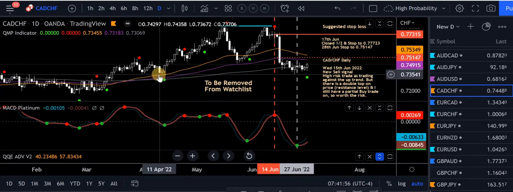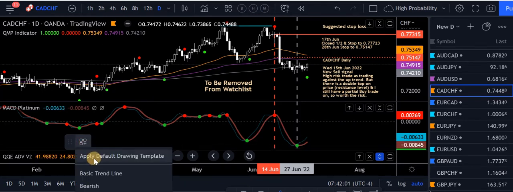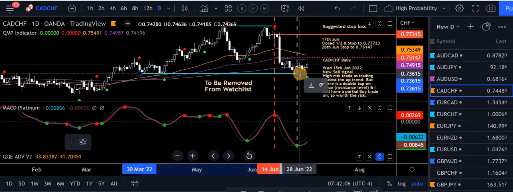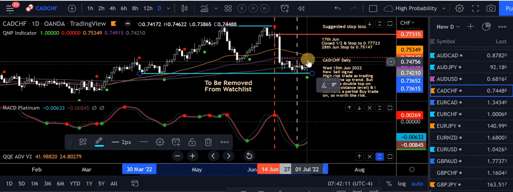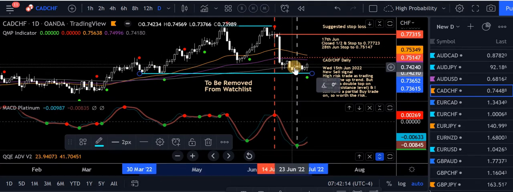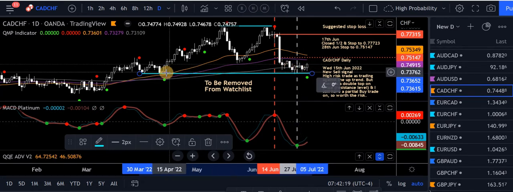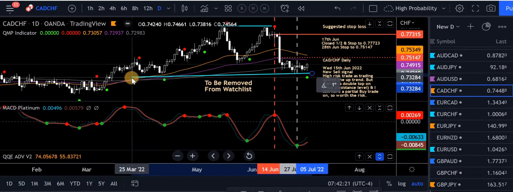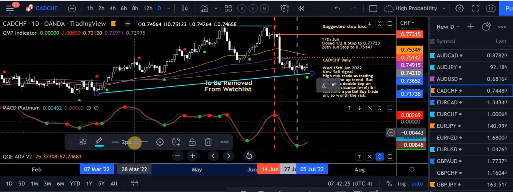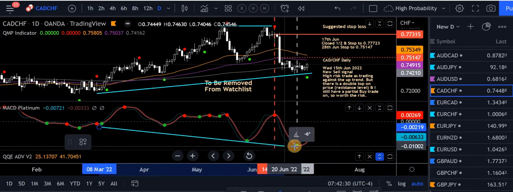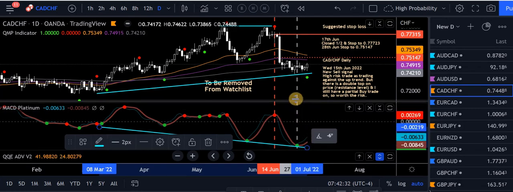You could probably make an argument for a, let's have a look here. Because I'm removing it, I didn't really worry about it. But you can make an argument for a support level along here, which is one option, definitely a support level. So the buys there, prices at the 240 LMA, which is also a big support level. So you've got a bit of confluence there, or you could make an argument for a possible divergence there. So we've got, I know they're probably the wrong colours, but just bear with me. So we've got some sort of divergence there, which is a hidden bullish divergence.